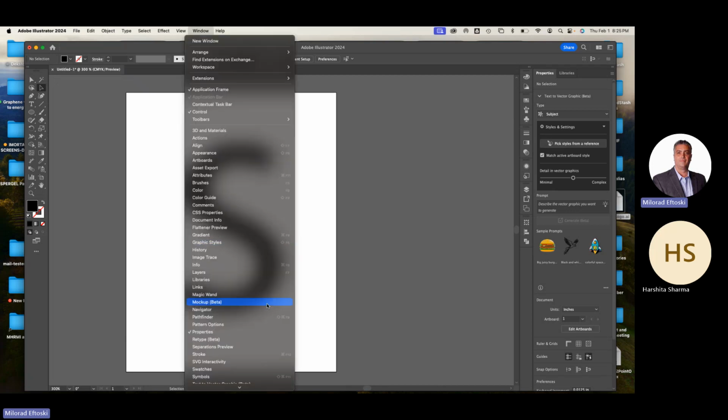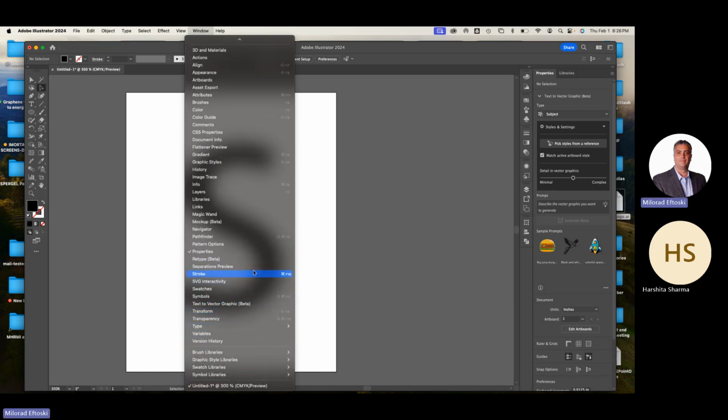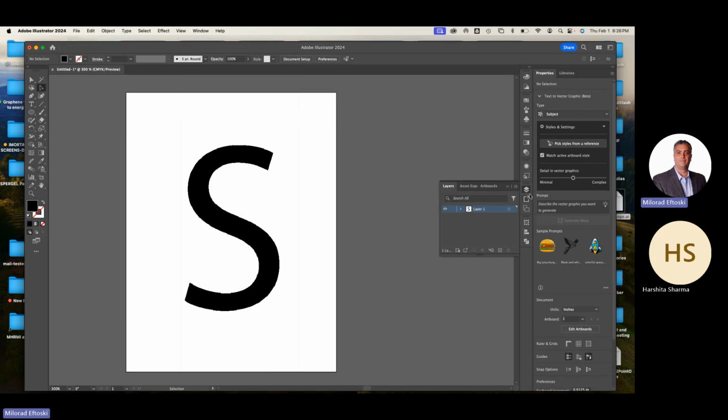So Window, Layers. Layers, layers. There it is, Layers, right? Usually I click on my tab over here. So when you open the layers panel,